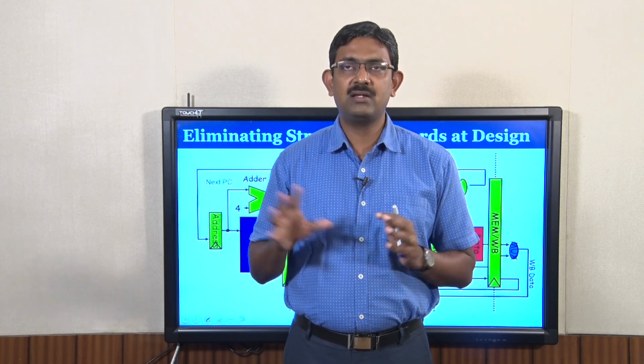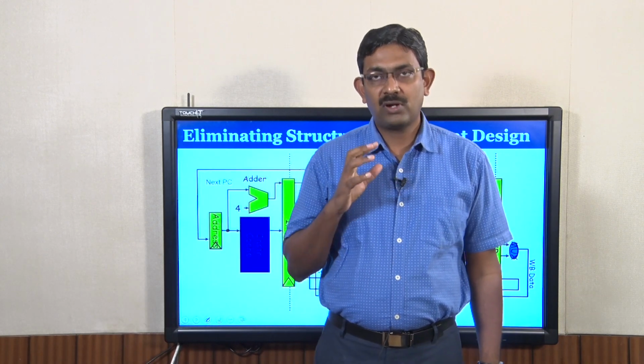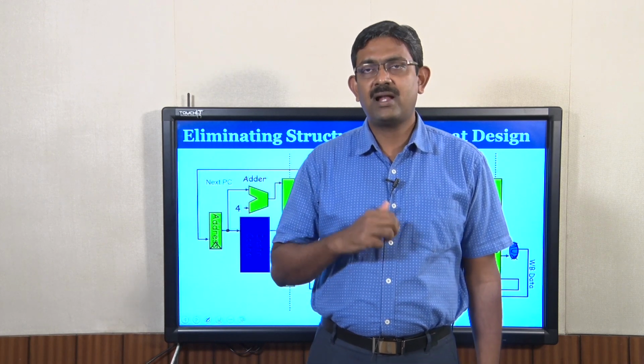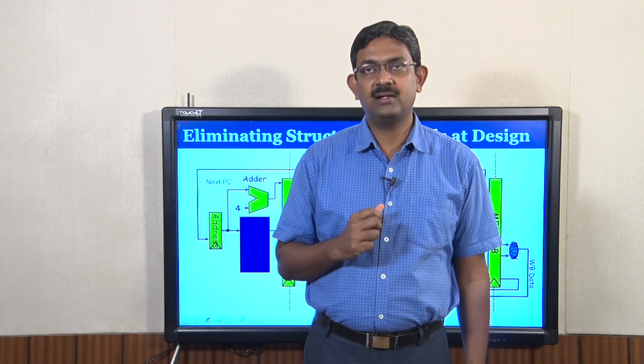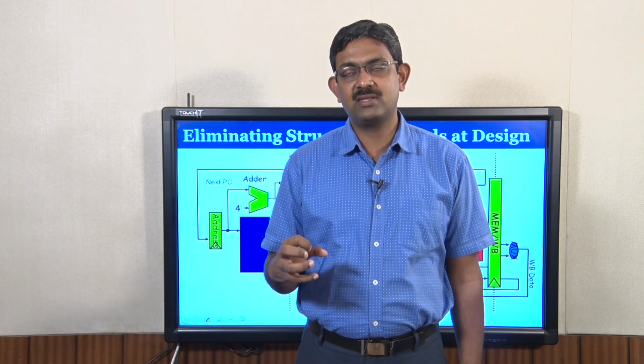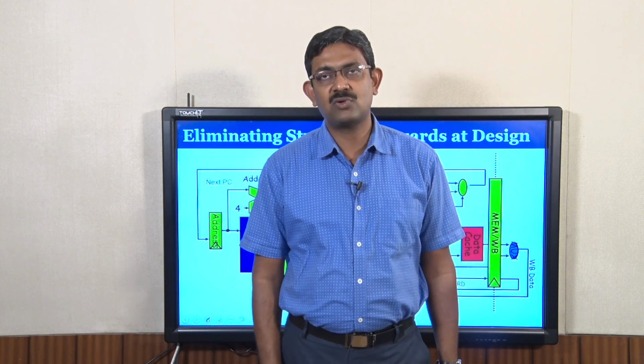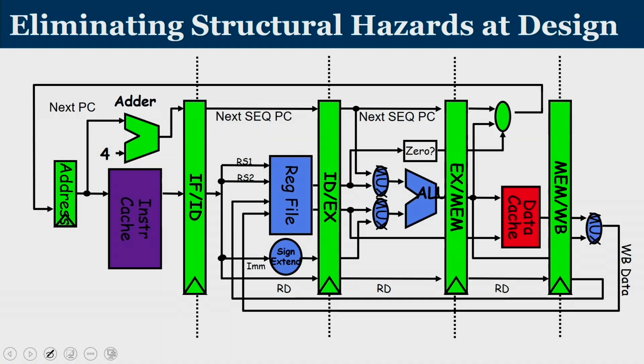Another way of looking at it, have separate memory, one exclusively for storing instructions and the other exclusively for storing the data. So the instruction cache only will be accessed during the instruction fetch and data cache will be accessed only during the data access time. So eliminating the structural hazard, we can make use of two separate caches. This is what is known as I cache, and here we are having the D cache. So I cache and D cache can be used parallelly. So all modern microprocessors have separate I and D cache, and the basic purpose is to eliminate structural hazard that is happening.